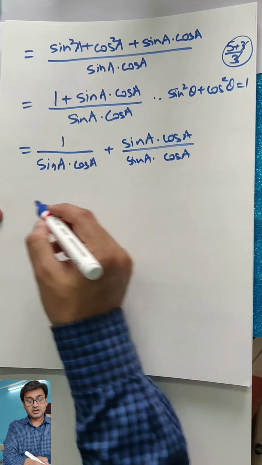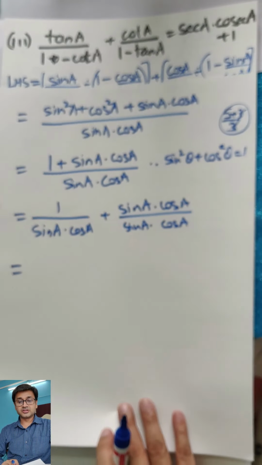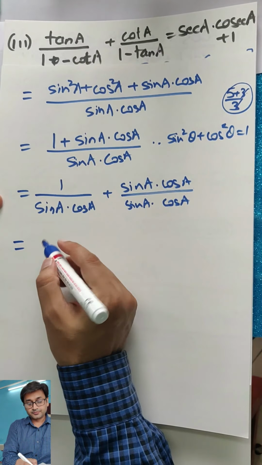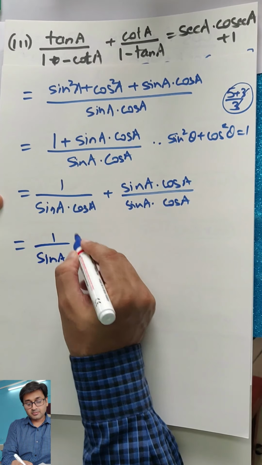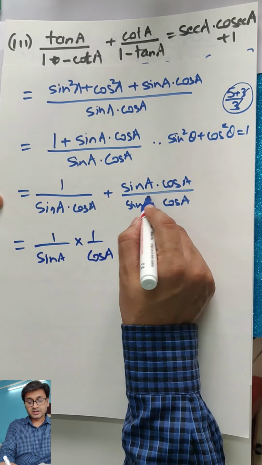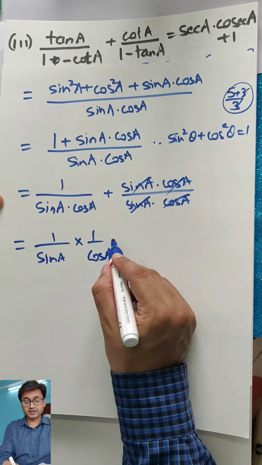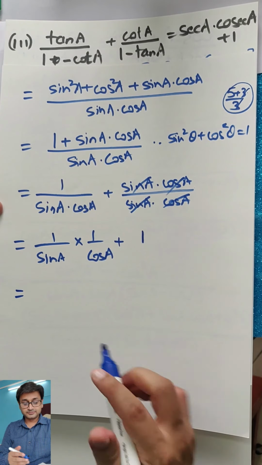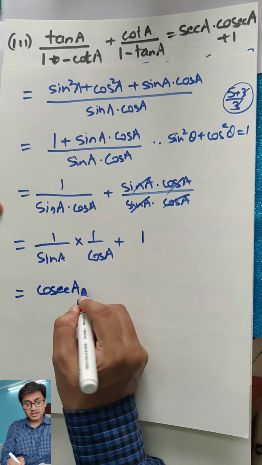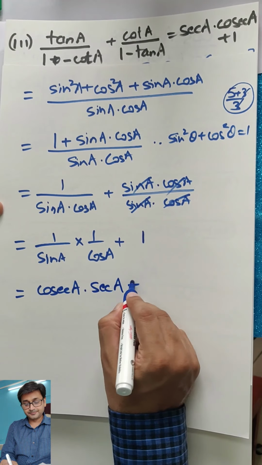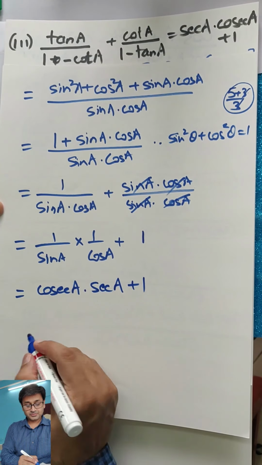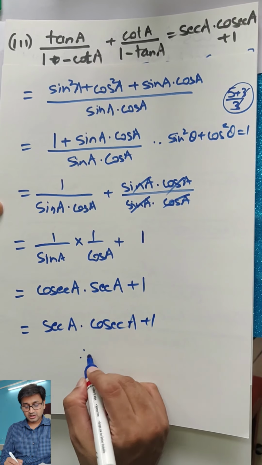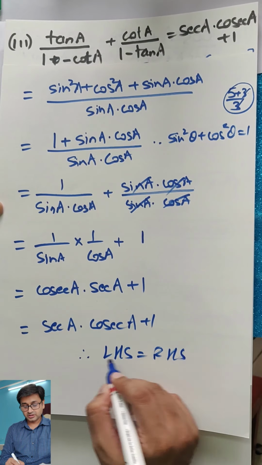That's the only difference. Now, let's put our eye on the RHS. What do you want? Sec A into cosec A plus 1. So, can I split this also? So, I'll get 1 upon sin A multiplied by 1 upon cos A. Now, I can cancel because there is only multiplication. This plus is out. So, what will be left is just 1. What is 1 upon sin? Cosec. Very good. And what is 1 upon cos? Sec. Is that what you wanted? Yeah. Just change the arrangement. So sec A into cosec A plus 1, and therefore we can say LHS matches with RHS.